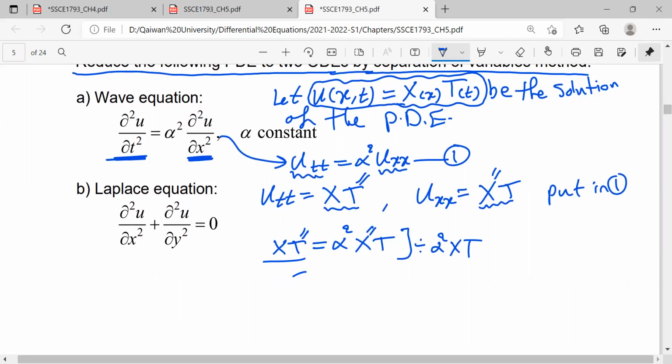We get only alpha squared T in the denominator. We get T double prime divided by alpha squared T, equals